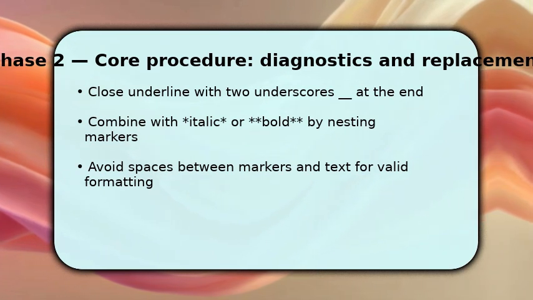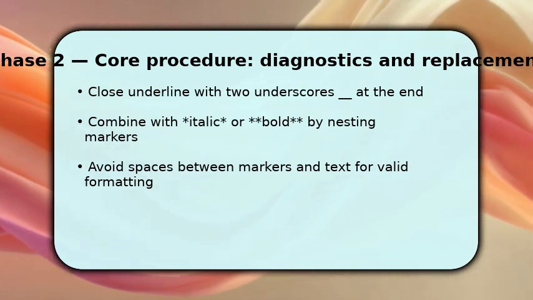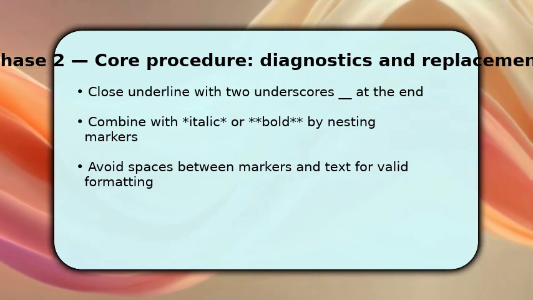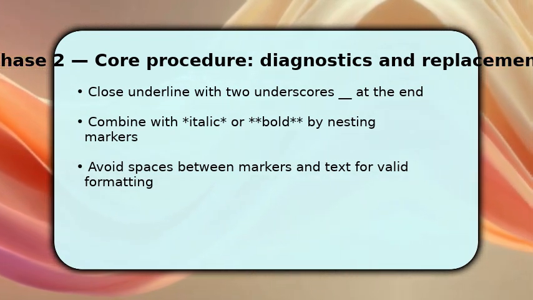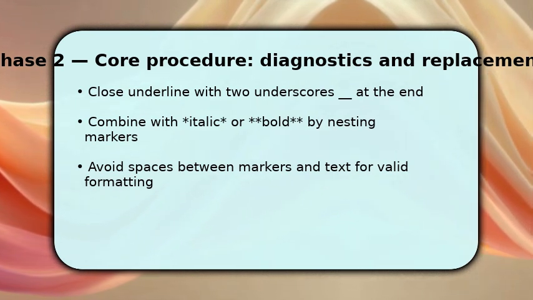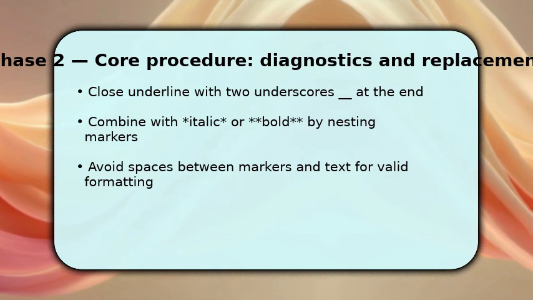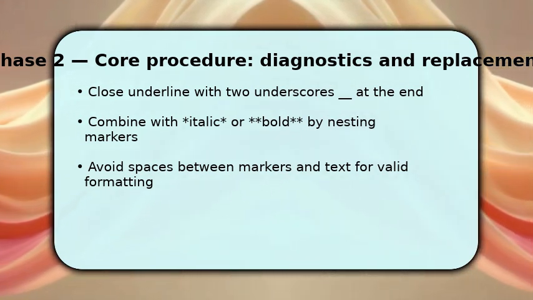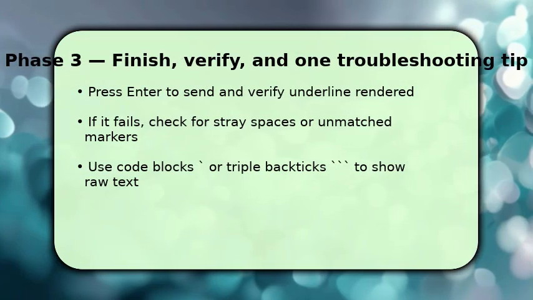If you want bold underline, nest markers like asterisk asterisk text asterisk asterisk. For italic underline, use asterisk text asterisk. Be careful. Order matters, place opening markers in one sequence and mirror them when closing. Once you practice these combinations, you can emphasize text precisely. Finish by sending the message and confirming